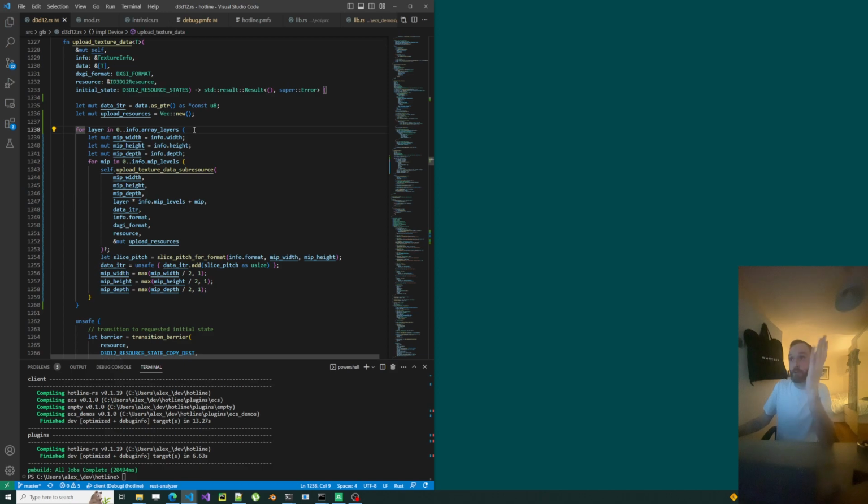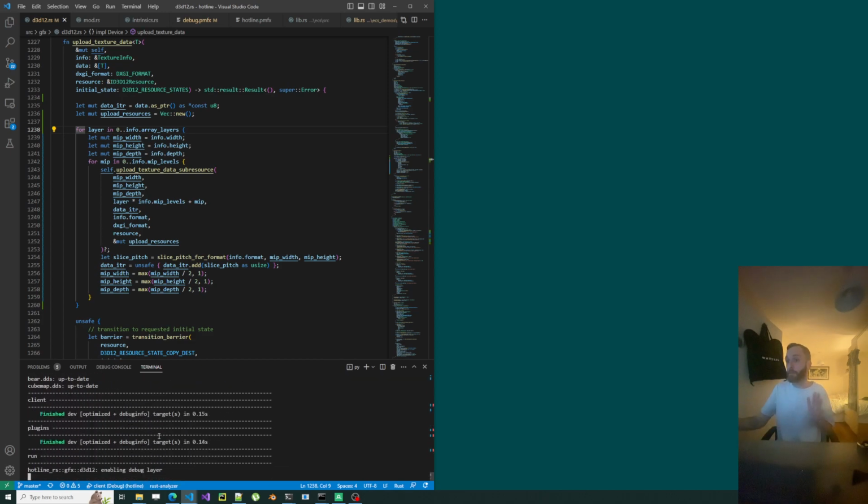So it adds this extra loop which loops over the number of array levels, which then gets passed into the sub resource. I did mention yesterday I wasn't sure how to work out the sub resource of a MIP or an array level or an array layer. The way to do it is that, say, in a texture with 10 MIP maps,